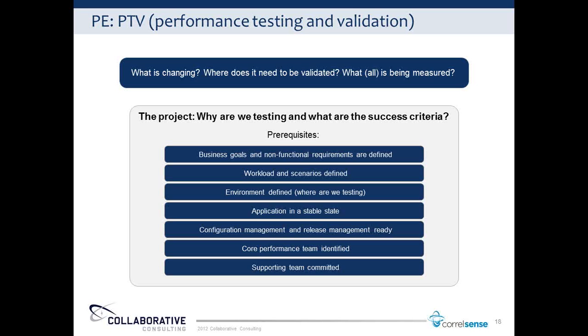If you're waterfall or iterative, you should have a full workload and understand it. If you're agile, you need to know and get comfortable with partial workloads as you're building through the agile sprints. The environment is where a lot of things can go wrong. If the environment for testing isn't set up or is woefully undersized, the environment will influence how much value you get out of a test